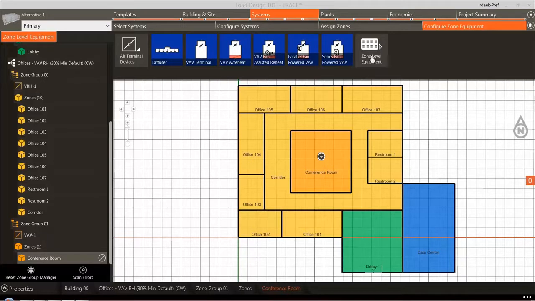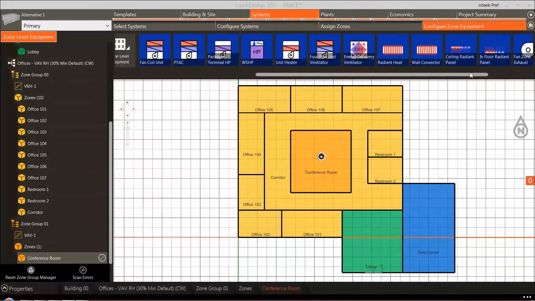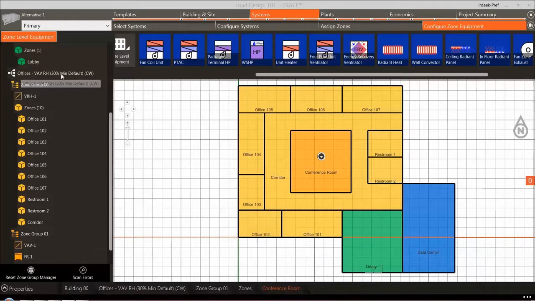The next step is to select the wall convector and click the Add button to add it to the zone. Notice that the tree updates with the changes that are made. Notice that all of these changes occur at the zone level and will not affect the entire system. Some zones may have a particular piece of zone equipment that other zones do not. This functionality provides a lot more flexibility when modeling various system type configurations that may be atypical compared to the